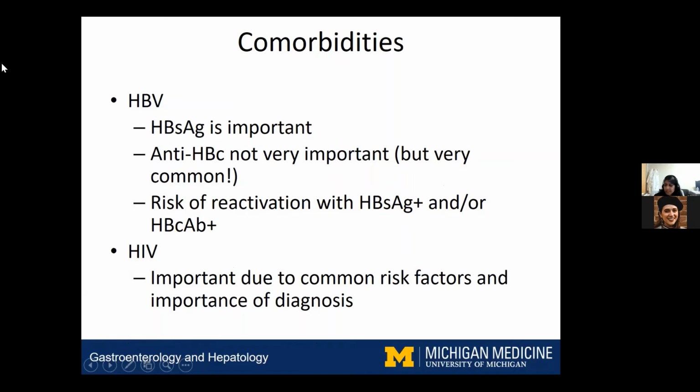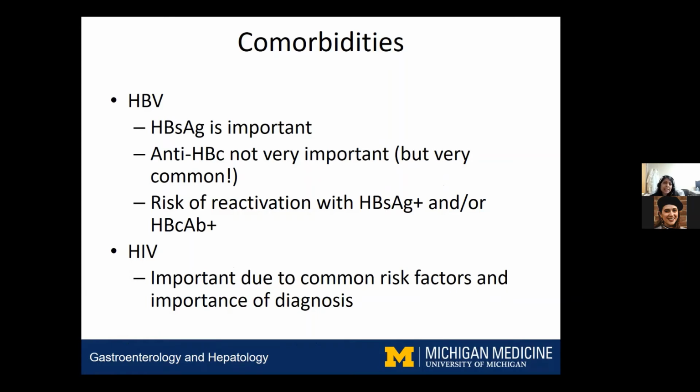What are some other considerations in terms of pretreatment? It's important to understand the status of hepatitis B and HIV in a patient before we start treatment for Hep C. So testing for Hep B and HIV is very, very important. And this is also because of shared routes of transmission, right? These are all bloodborne